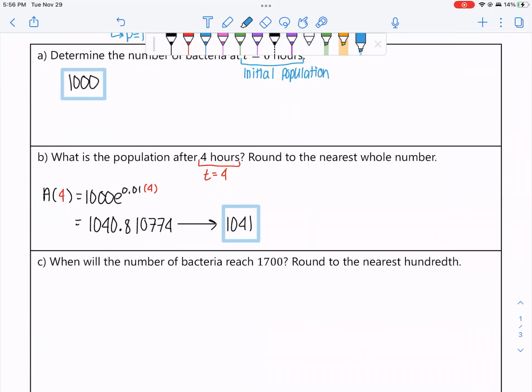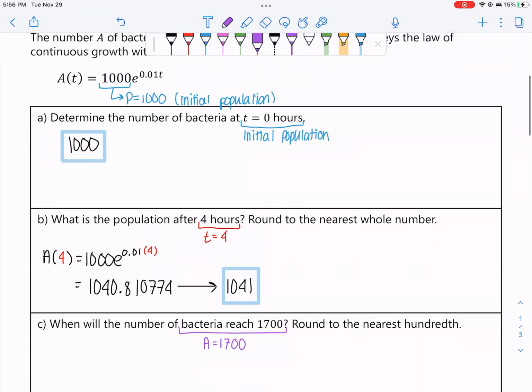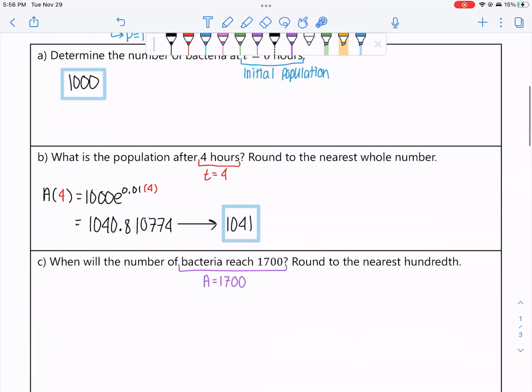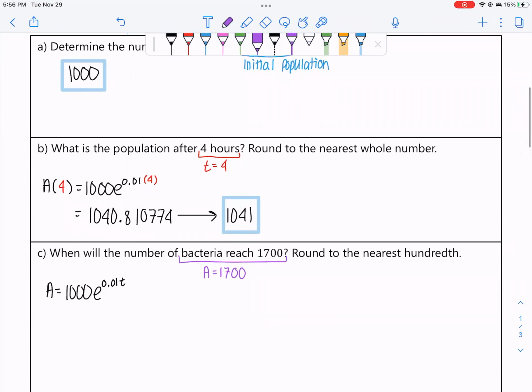When will the number of bacteria reach 1,700? Round to the nearest hundredth. Okay. When will it reach 1,700? That's the amount we want to accumulate. We want to accumulate 1,700 bacteria. Okay. We have our formula right here. A equals 1,000 e raised to the 0.01 t. If A is 1,700,